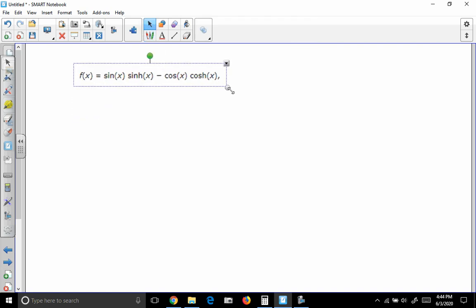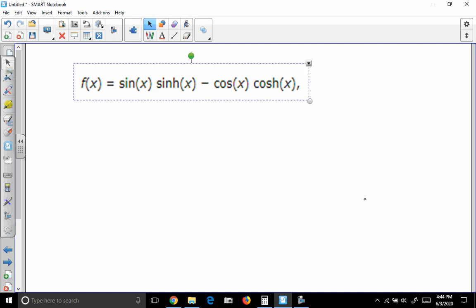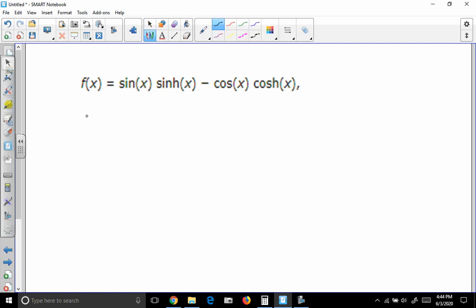On this one, they ask us to find extreme values. So we need to take the derivative. Notice we have a product here and we have a product there. So we're going to have to do the product rule for the first term. So f prime is, if we call this u and this v, it's the derivative of the first term, so u prime